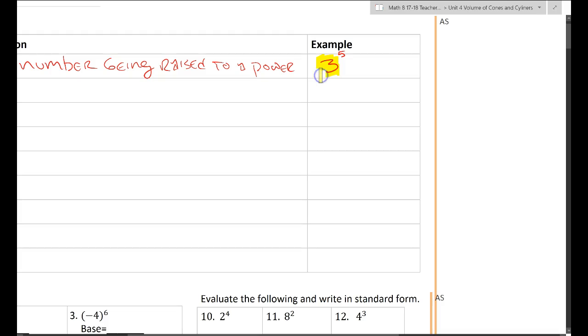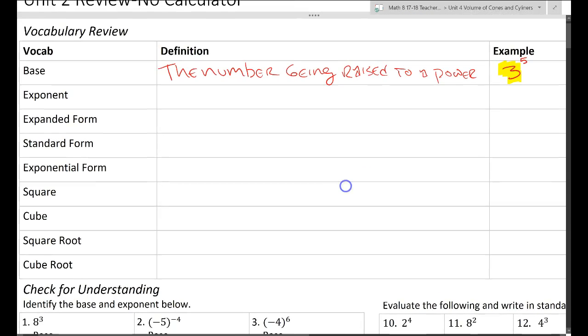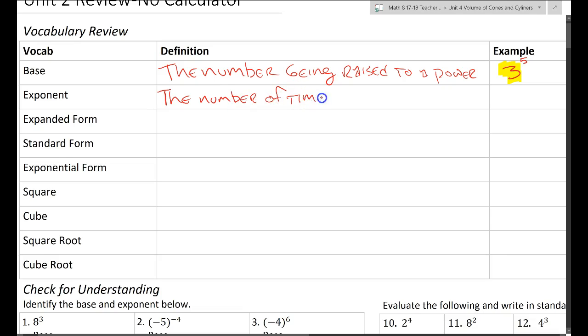This is the base. The 5 sits on the base. The 5 is the power, or the exponent. The 3 is the base. And the exponent is the number of times the base multiplies by itself. So again, if I use that same example, 3 to the 5th,